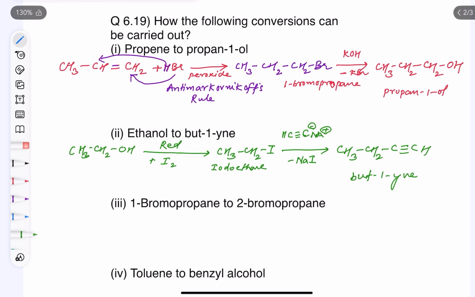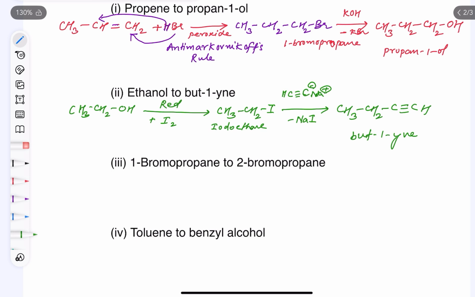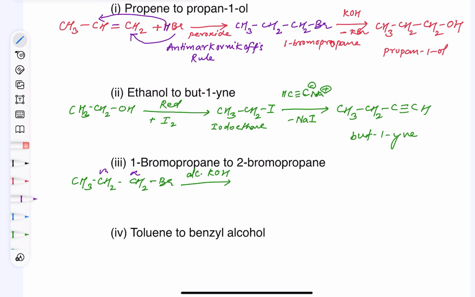Okay, now let us talk about the third one, how to prepare 2-bromopropane from 1-bromopropane. So now propane, so 3 carbons, so you are having CH3 CH2 CH2Br. This is your bromopropane. Now this bromopropane is to react with alcoholic KOH. Now we know that there is something called beta elimination. So here in this case, this carbon is alpha and this is beta. Beta elimination we carry out,